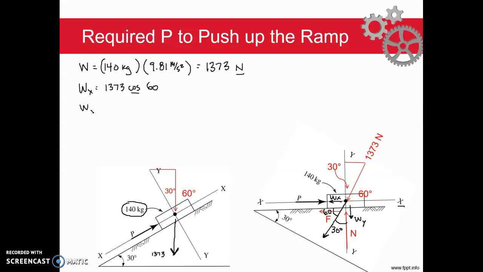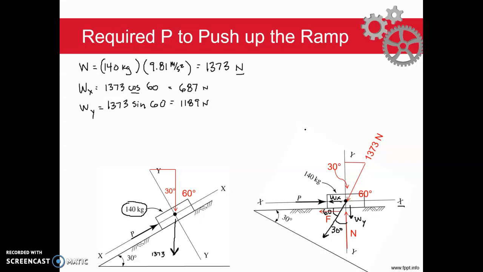And the y component of the weight is 1373 times sine of 60. So let me calculate those two values. So I'm going to round this one off to 687 to three significant figures, 687 newtons,